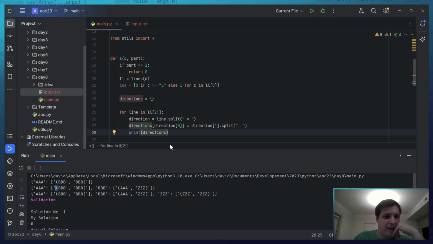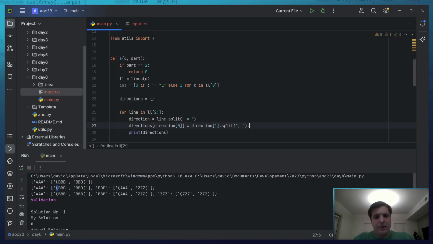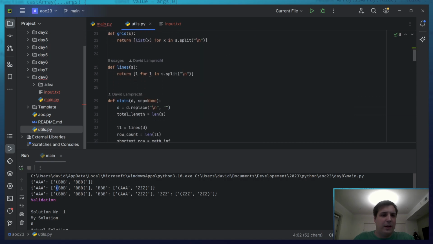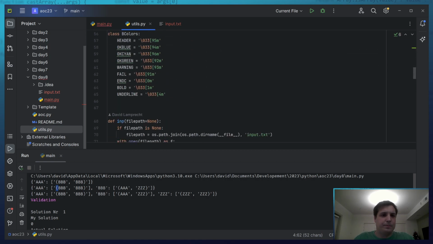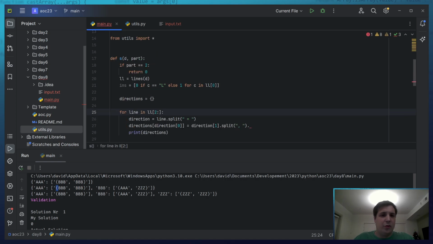Now I just have the stupid brackets in there. And I want to see, can I remove unwanted characters? Wait. I'm already forgetting half of my stuff. Can I strip this and this?